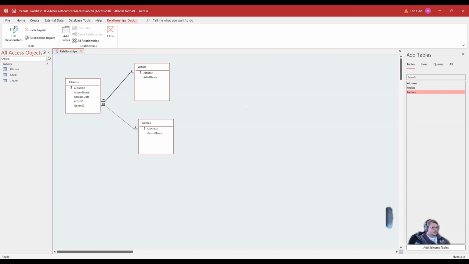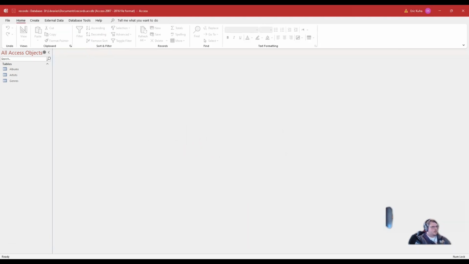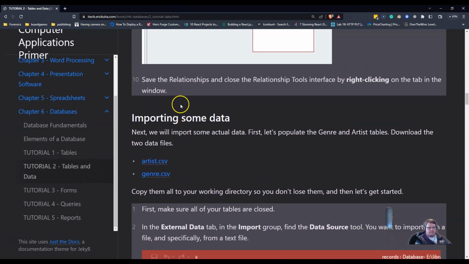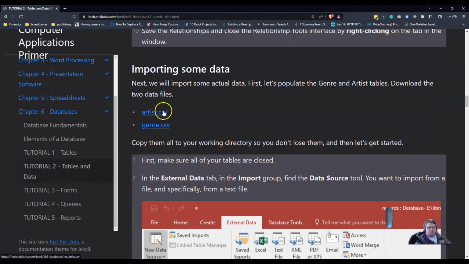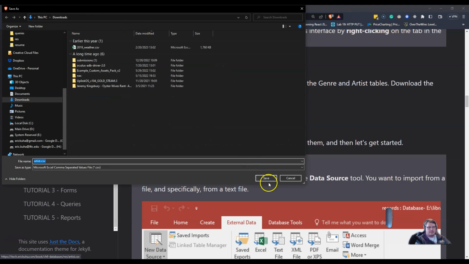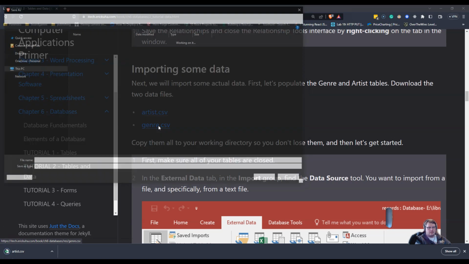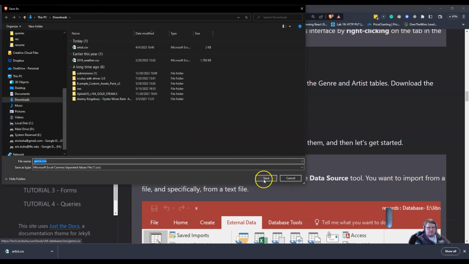We've got our relationships created. Let's add some data. Close this. Save it. On the website, on the tutorial page, on tutorial 2, under chapter 6 databases, we have 2 files here, and we're going to download them both. I'm going to click on one and download it into my downloads folder. And I'm going to click on the other one, and I'm also going to download that into my downloads folder. So I have them